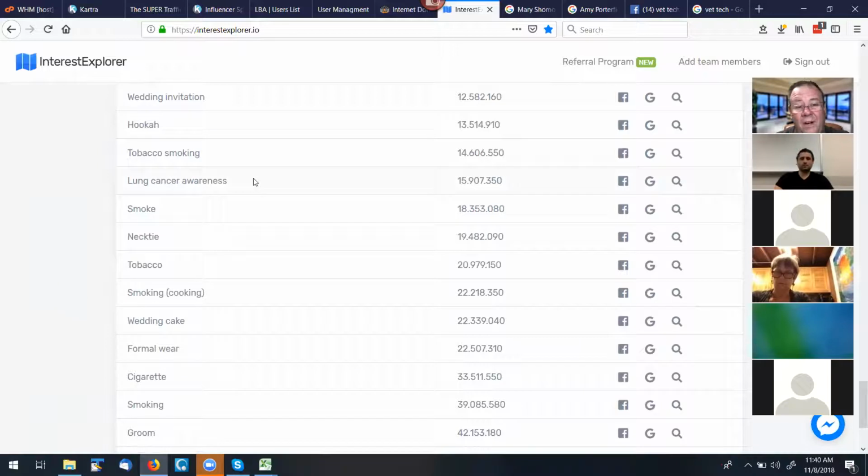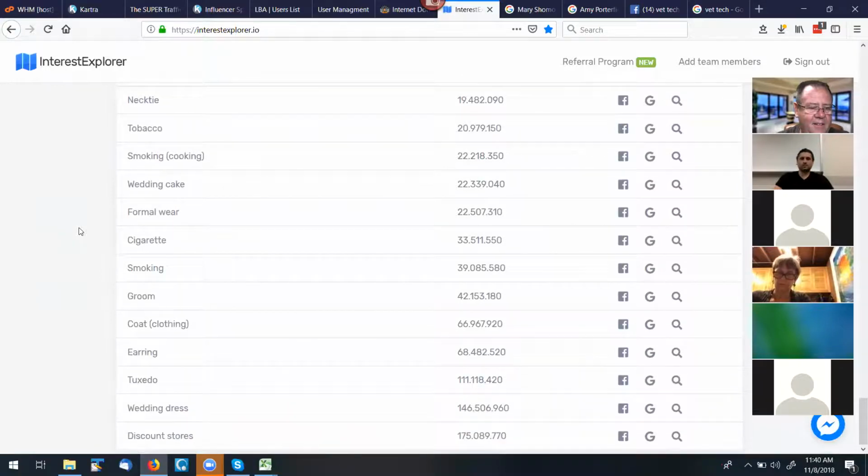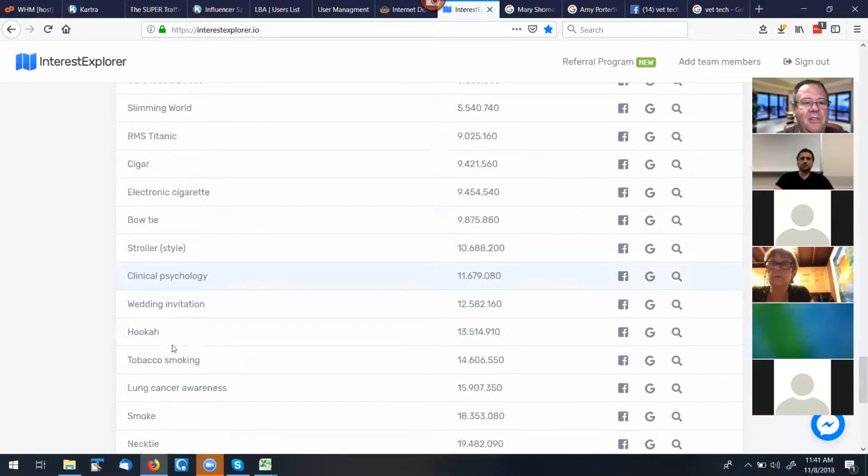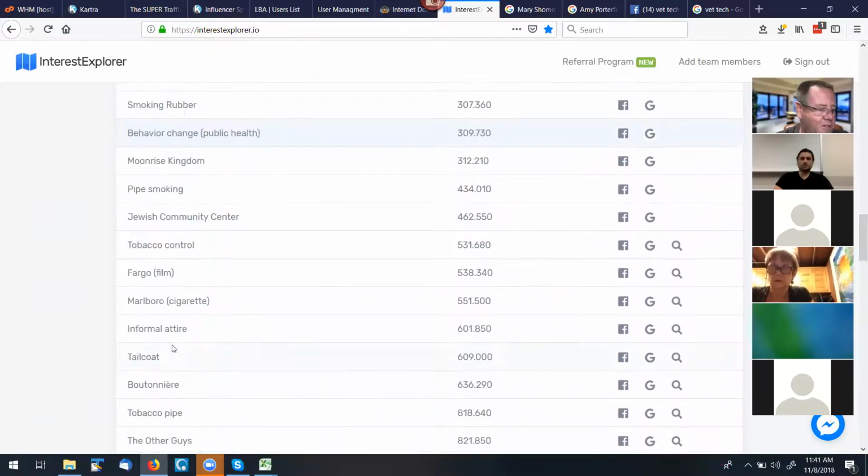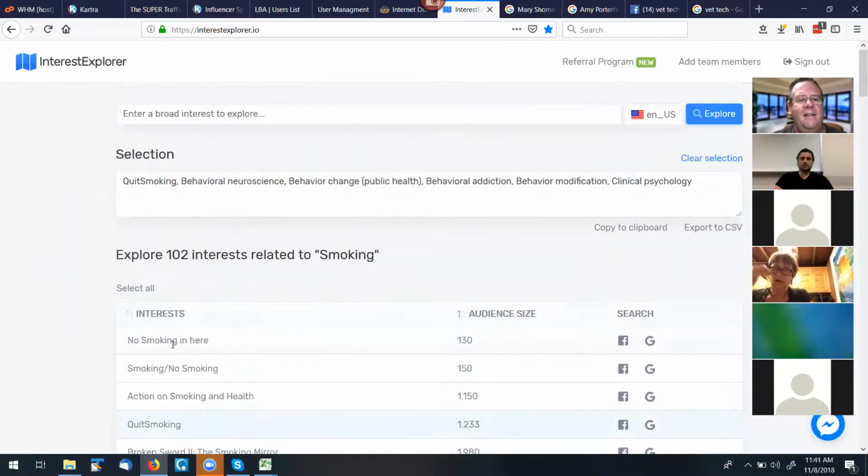Lung cancer awareness, possibly, but I'm not going to click it off here. But anyway, there's not a lot of stuff here about people that are looking to stop smoking on Facebook, which is kind of surprising. Let's try